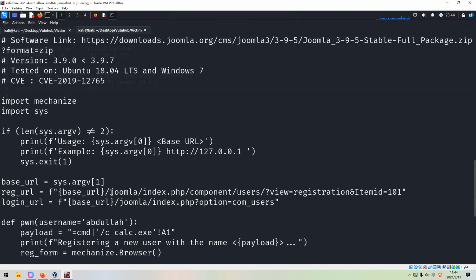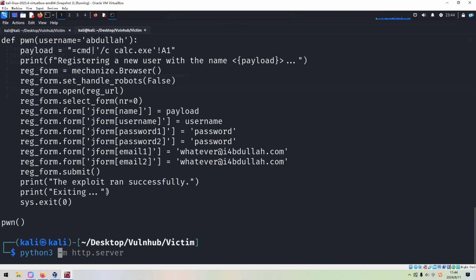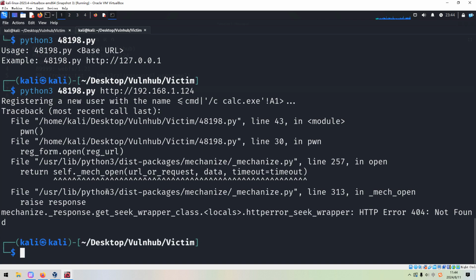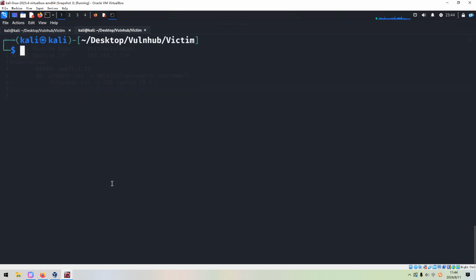I think this is an unauthenticated exploit, so I think we can run. Press enter. So we need to put the URL. We got the error. So I don't think this exploit can work for our case.